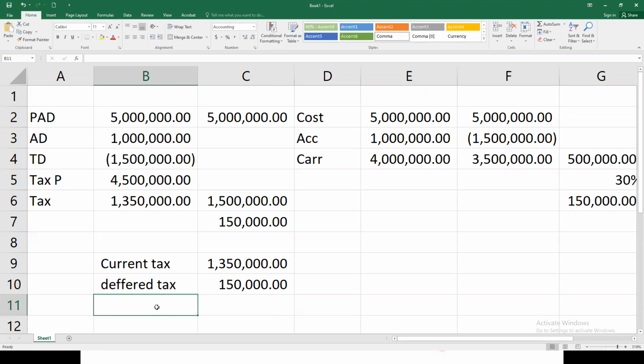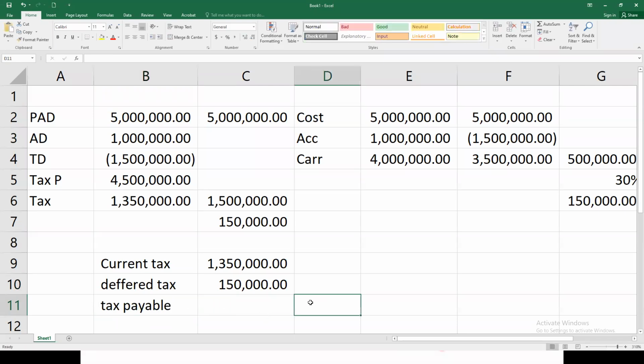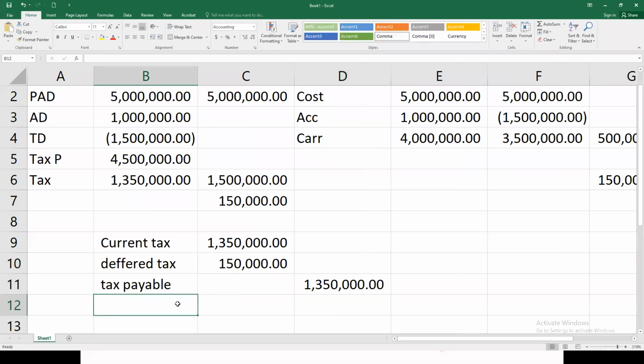And credit current tax payable, that is this value, and deferred tax liability